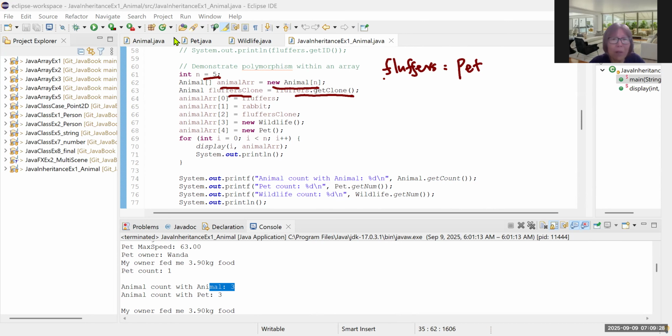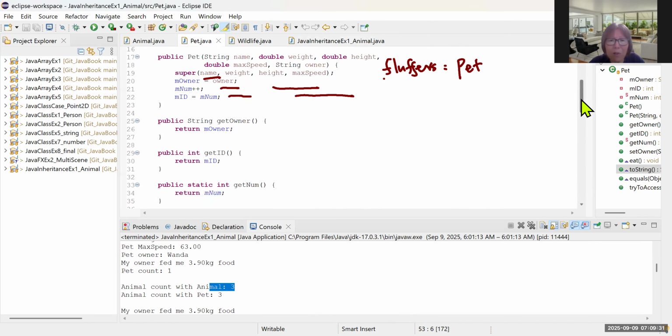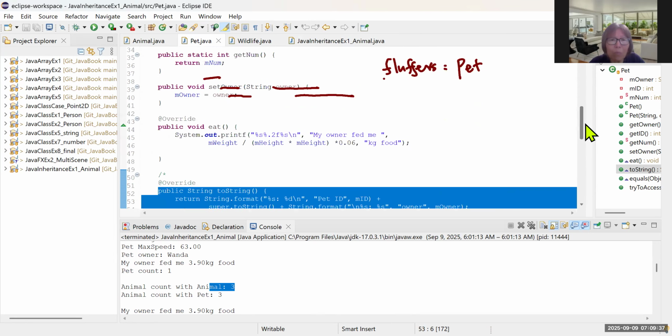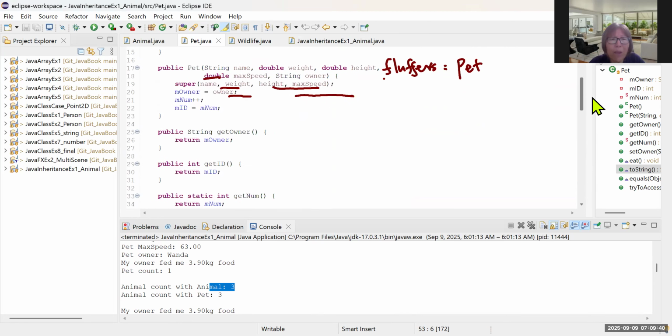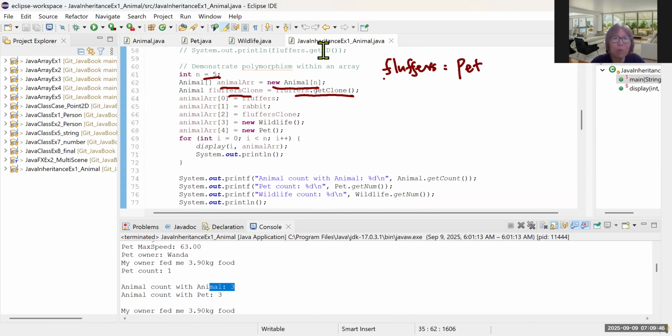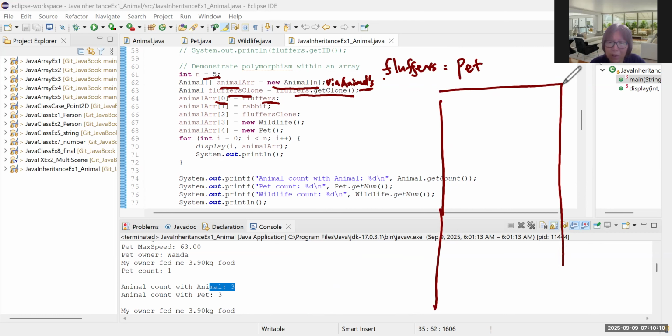Let's also go back to take a look if pet has its own get clone. Pet doesn't have its own get clone. Okay, so this get clone is through animal's get clone method. Okay, and then the first array element points to the fluffers. So let's take a look. Okay, so this is a